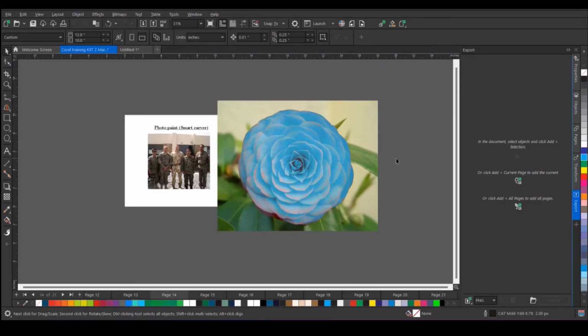The same thing you can do in CorelDRAW also, but the one thing you cannot do in CorelDRAW is make any selection. With Photo-Paint, you can make selections also. When I say selection, for example, you don't want to replace the